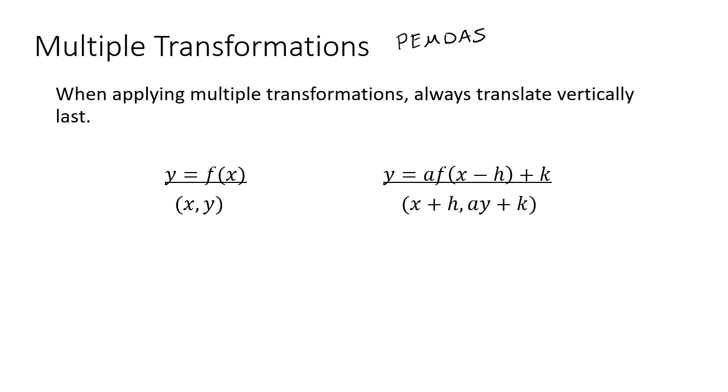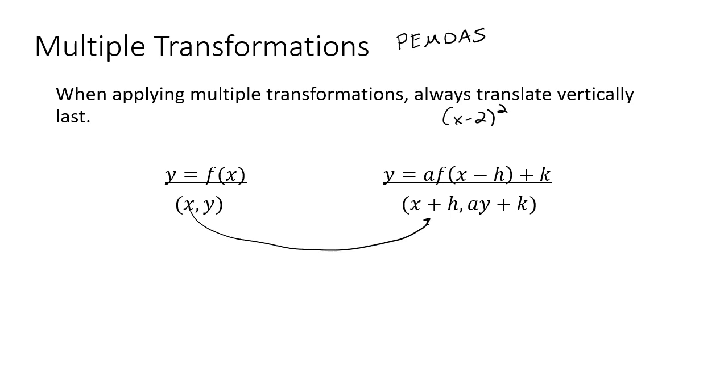You can also think of the transformations as just tracking the ordered pairs themselves, although I don't recommend this method necessarily. But this does do a good job again of describing what each letter does. So keep this in mind. The H shifts the graph left or right H units, but because of the minus sign in parentheses, it's always the opposite direction you would expect. So when you go from x to x plus h, that h is the opposite of the one that you see in parentheses. So if you had x minus 2 quantity squared, you would add 2 to all of your